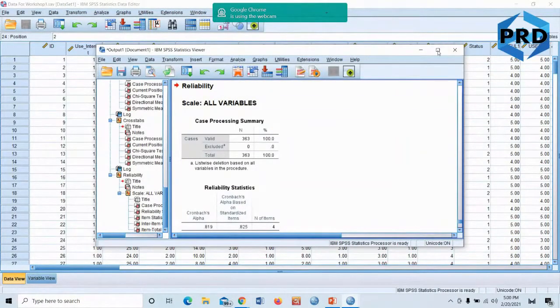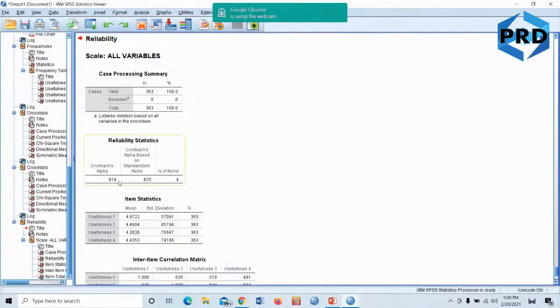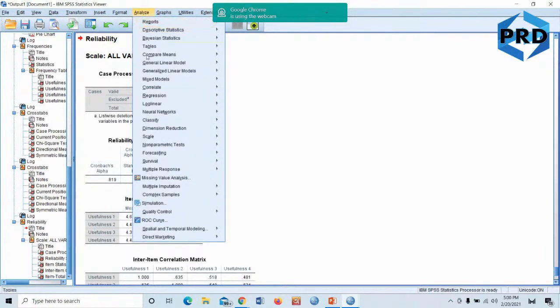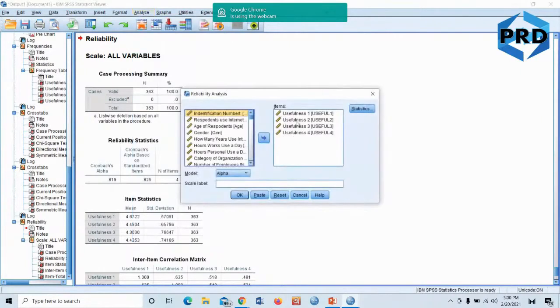And then you can see here the reliability is given, Cronbach's alpha 0.819. Okay, so let me run one more time so that everyone can follow me. So I go to analyze, I go to scale, I go to reliability analysis, then I reset. So make it 0. Okay, so I'm choosing this question. Usefulness is the variable. I'm taking all the items under usefulness and I put them inside.